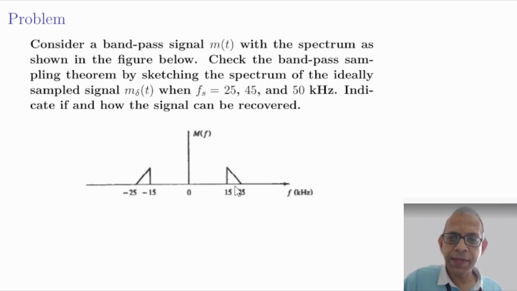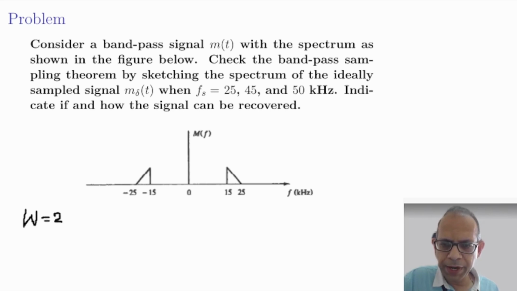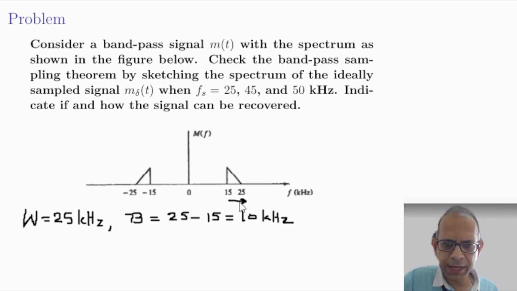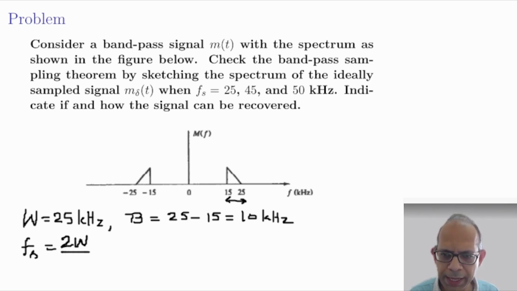So clearly the signal shown is a bandpass signal with maximum frequency W equal to 25 kHz. The bandwidth of the signal, which is B, equal to the maximum frequency 25 minus minimum 15 equal to 10 kHz. This is the bandwidth, 10 kHz. Now, as per the bandpass sampling theorem, the sampling frequency Fs is given by 2 times W by K,